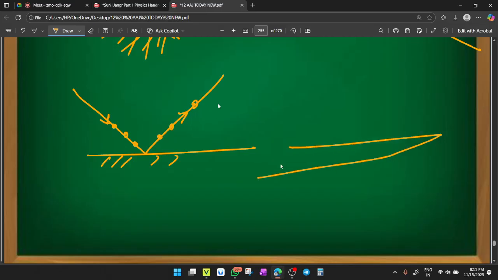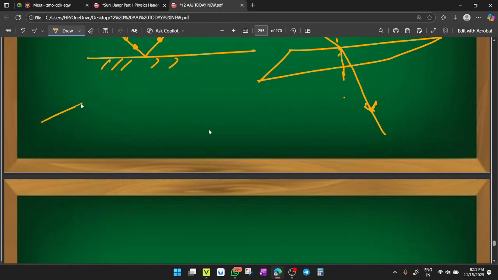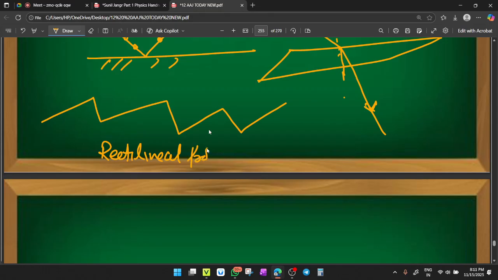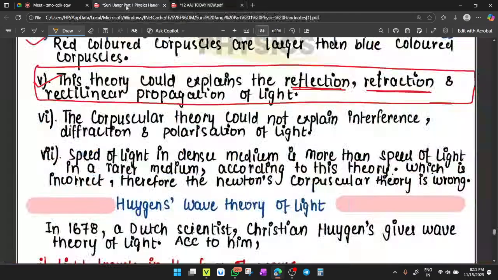Now, if they are incident upon some transparent medium at some angle, they move to another medium. And rectilinear propagation, what does it mean? It is the combination of many types of linear motion. So a combination of linear motion is called rectilinear propagation. Clear? So during Newton's corpuscles theory, a light